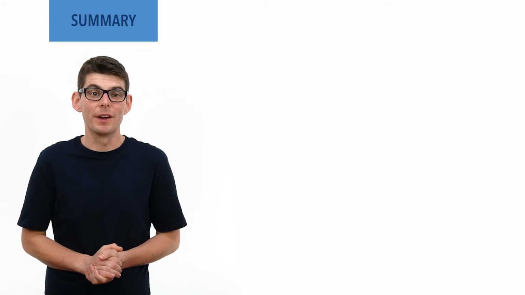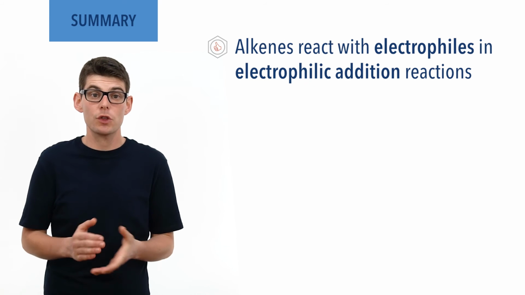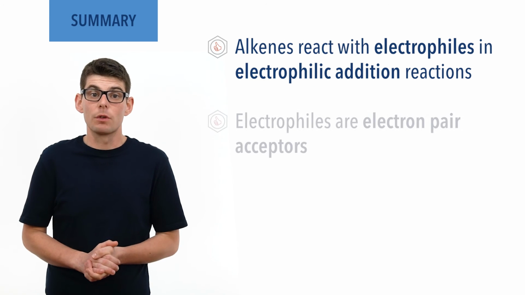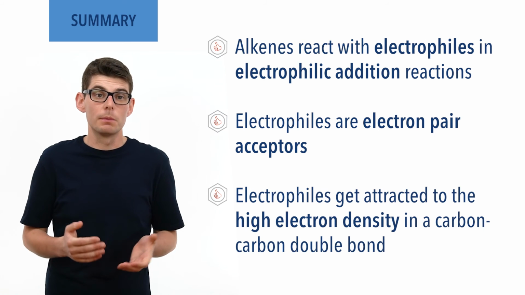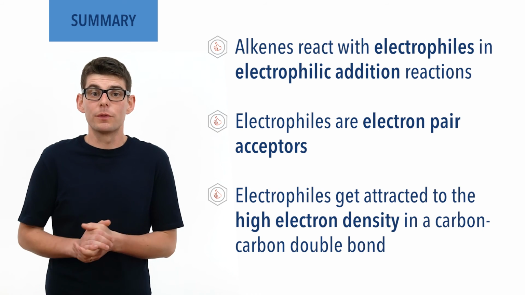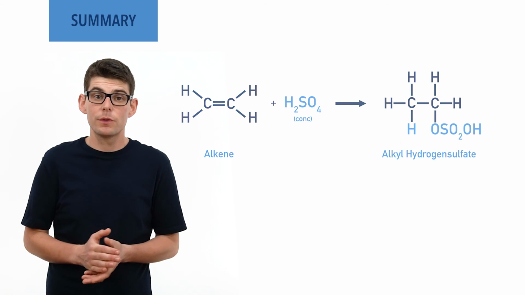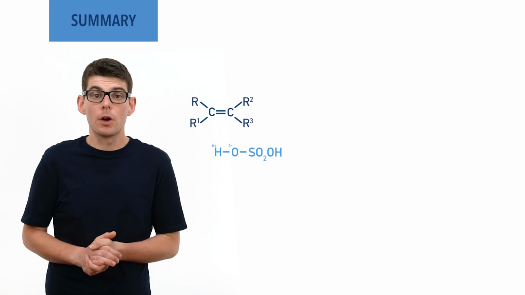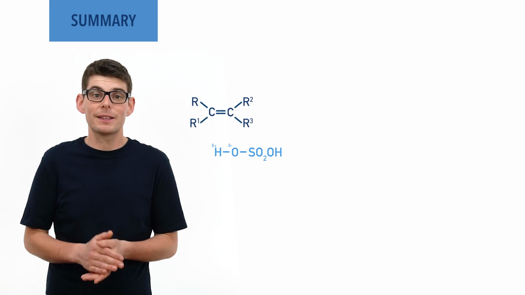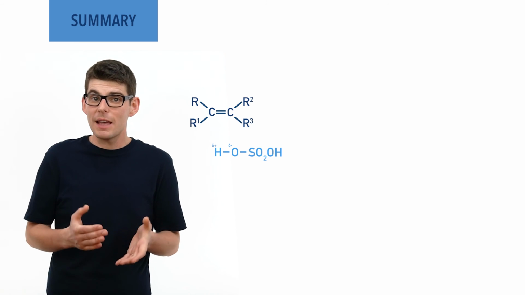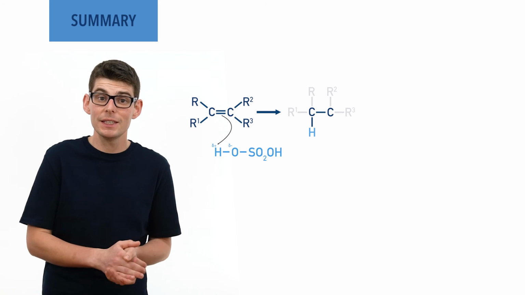So, to summarize, alkenes react with electrophiles in electrophilic addition reactions. Electrophiles, electron pair acceptors, are attracted to the high electron density in a carbon-carbon double bond. When an alkene reacts with cold concentrated sulfuric acid, an alkyl hydrogen sulfate is formed. A hydrogen with a partial positive charge from the acid molecule is electron deficient and able to act as an electrophile. It accepts a pair of pi bonding electrons from the carbon-carbon double bond in the alkene, and this forms